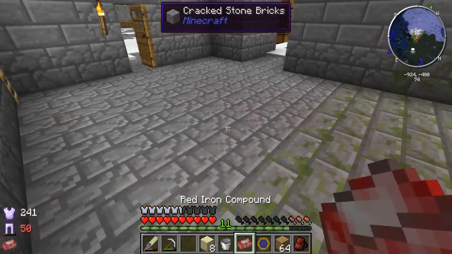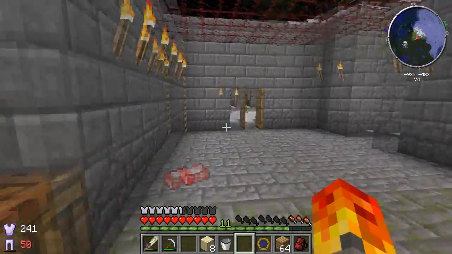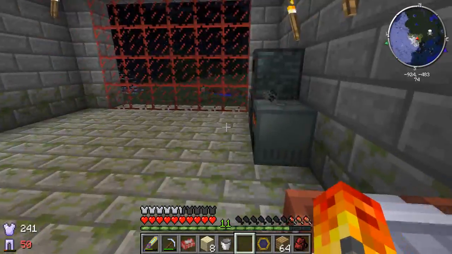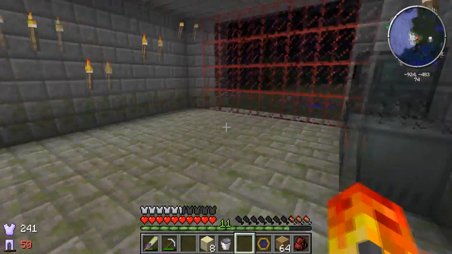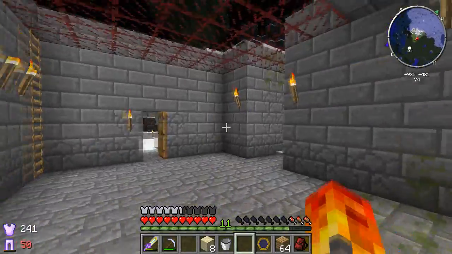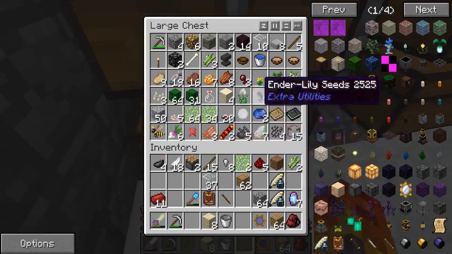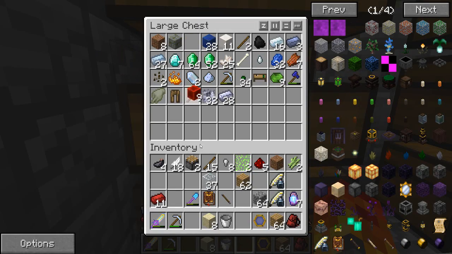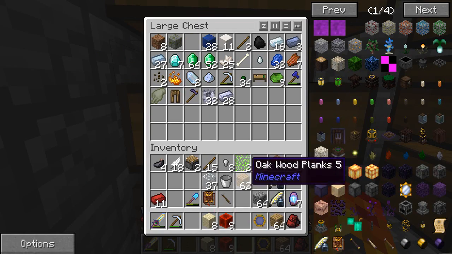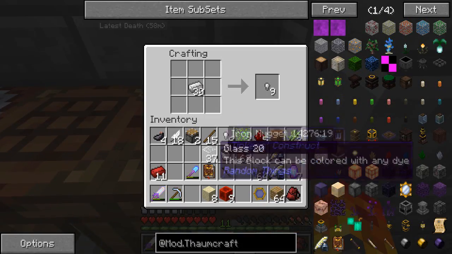I need some more redstone. Let's just throw you in there because I dropped one. I'll throw you in there, and that's the one I need, red alloy ingot. So I need some more redstone. There you go. We'll use those, and then we'll get on to making some more of this alloy stuff, because